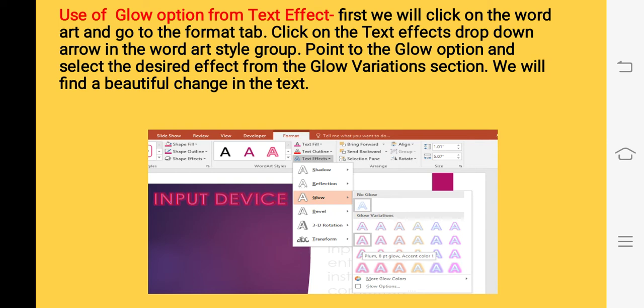We will see various options like shadow, reflection, glow. We come to the glow option and select any effect that we like from the glow variations section, and we will find a beautiful change in the word art text. So this way we can apply the glow option to our word art object, children.